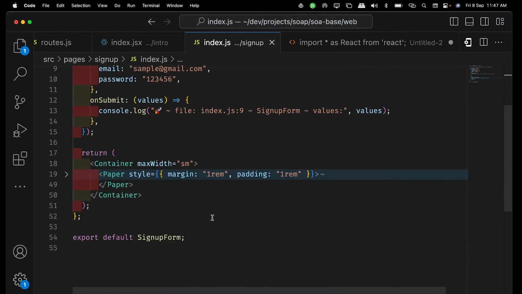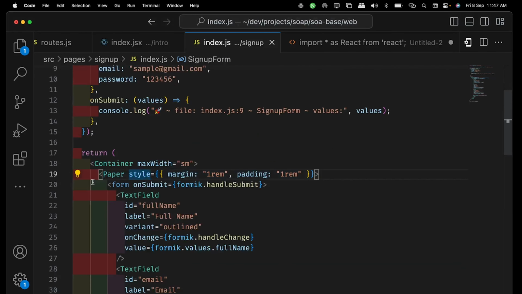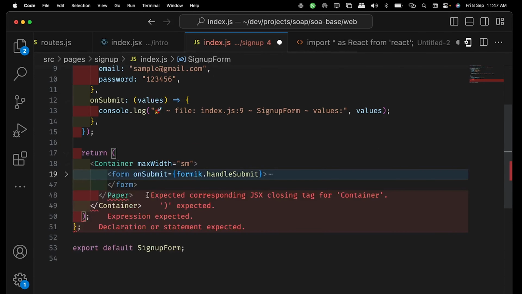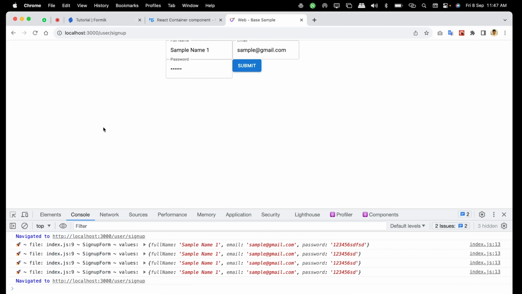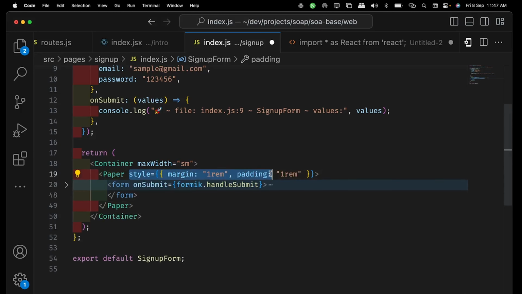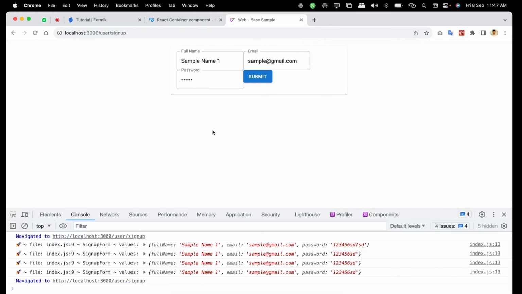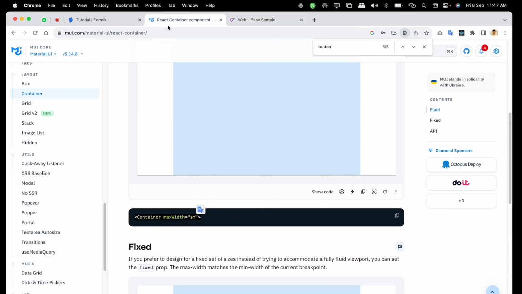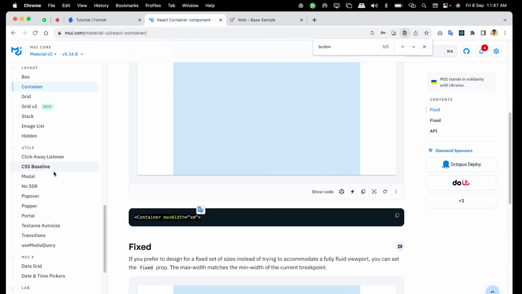Okay, so the containers are done, and then we can remove the paper now. If we remove the paper, then it will ask you. Let me keep that. Yeah, now that is okay. Now the only thing we have to do is keep it as contained one. If we go to the text box,